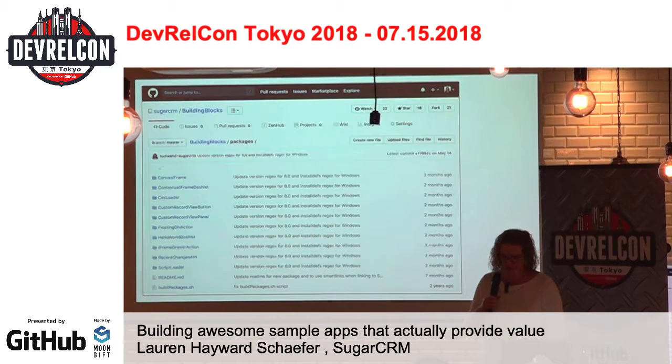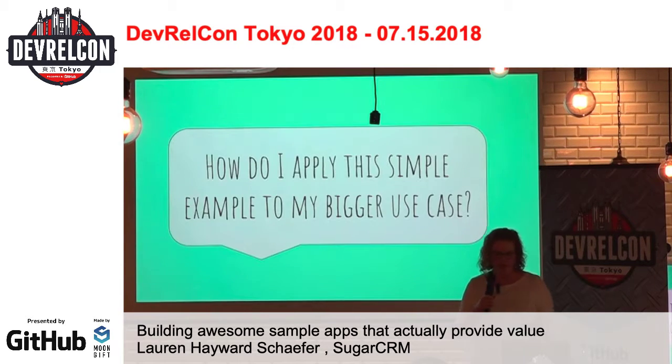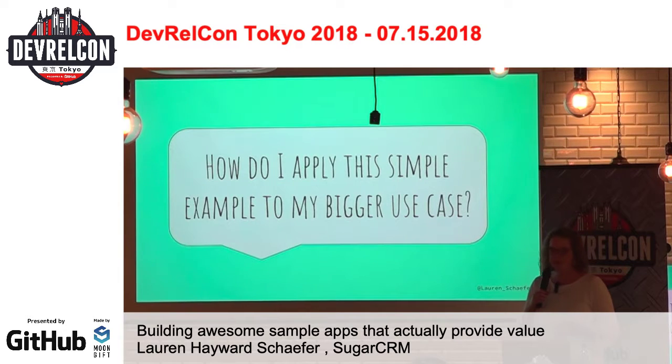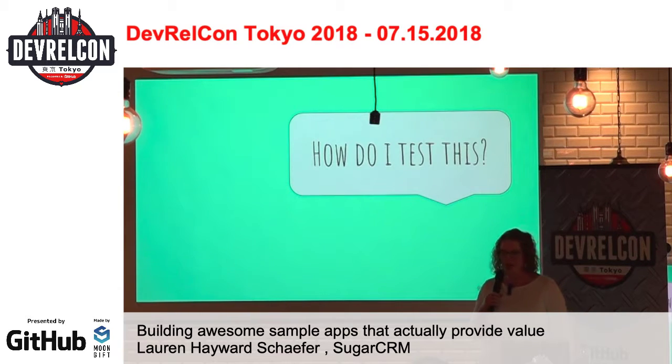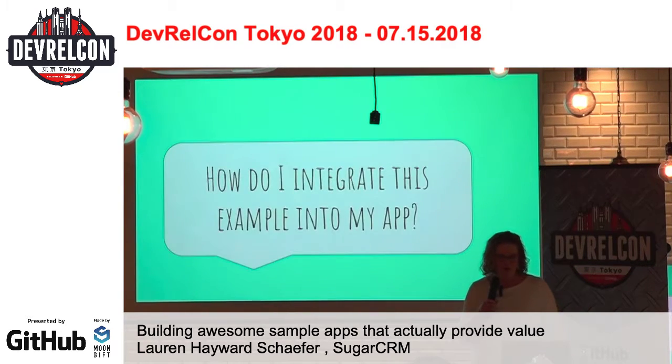But then developers start having other questions, right? Underlying questions after they look at these code snippets. So how do I apply this simple example to my bigger use case? Or how do I test this? Or how do I integrate this example into my app? And sometimes they have underlying questions that they might not even realize that they have that could be answered by